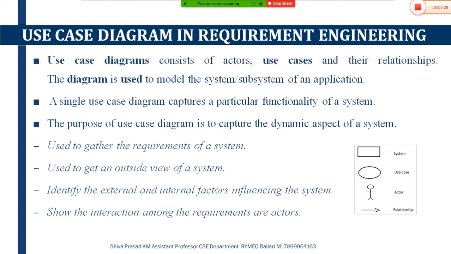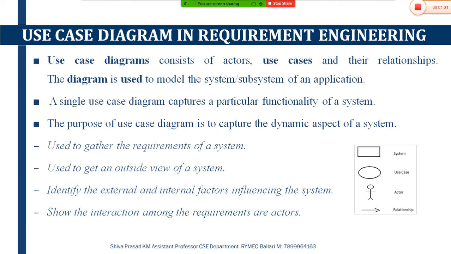It is the one which helps us to know the relationship between each and every requirement of your system. Requirements can be in the form of components: requirement 1 as component 1, requirement 2 as component 2, requirement 3 as component 3, and so on. The best example that I can give you here is your mobile itself.